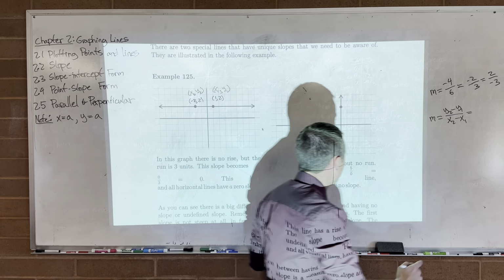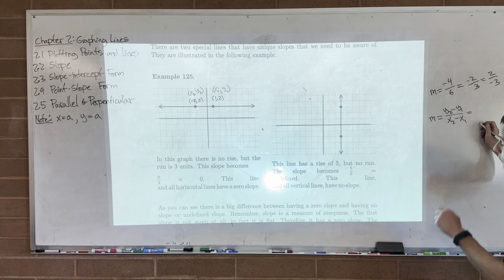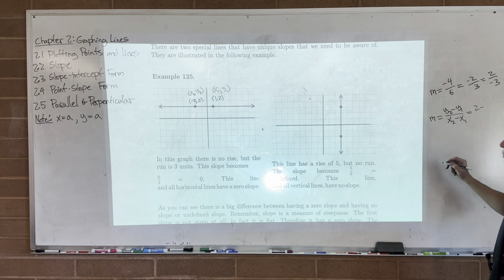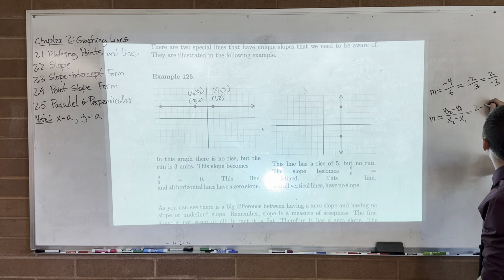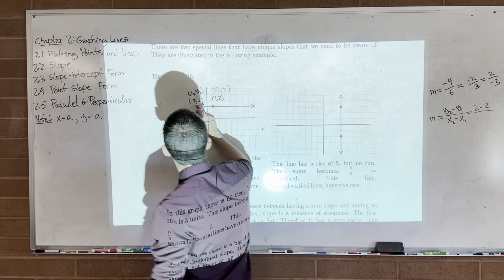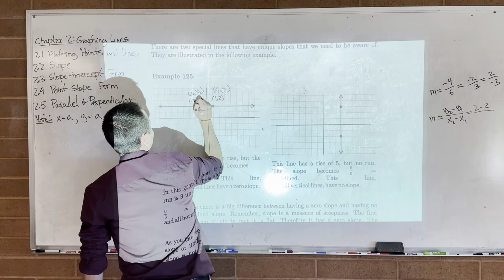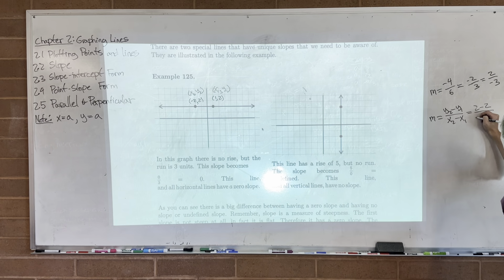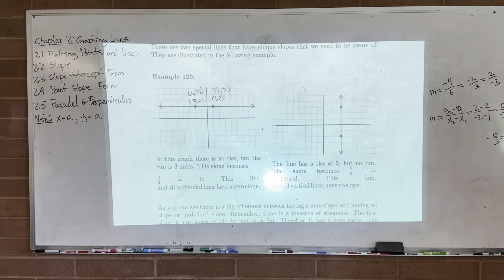So we're going to do y2 minus y1. What's y2? Minus what's y1? 2. All over what's x2? -2. Minus 1. Okay, let's see what we get. 2 minus 2 is 0. -2 minus 1 is -3. So we get 0 over -3, which is the same thing as